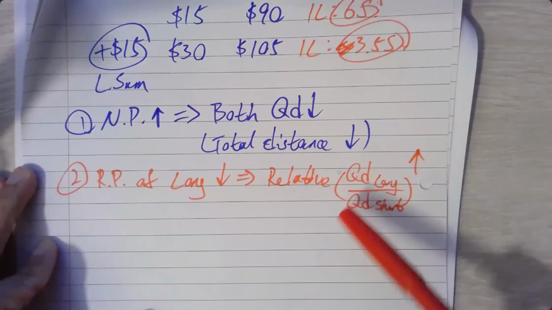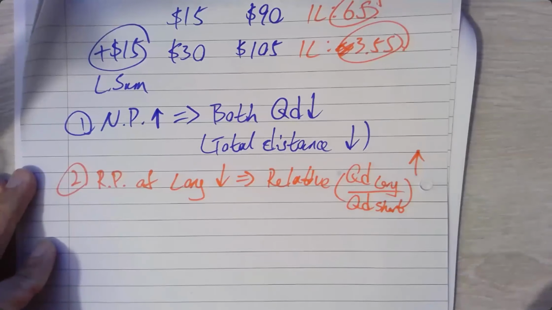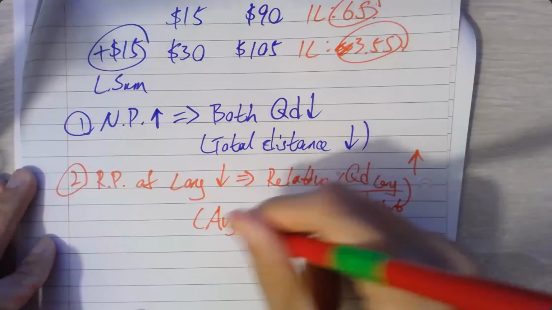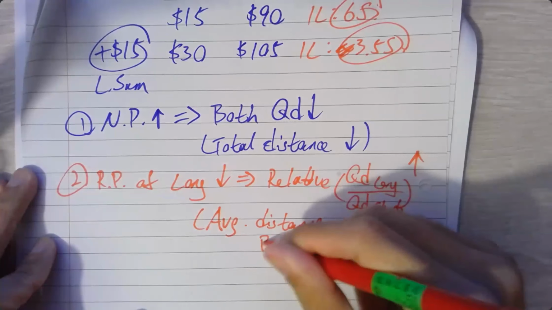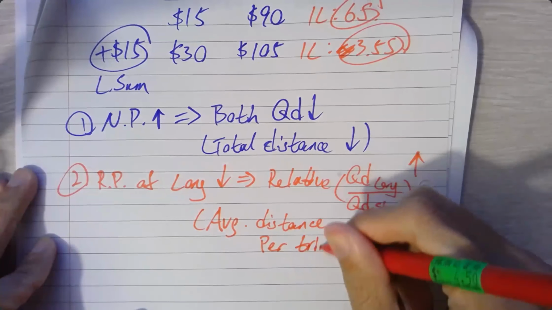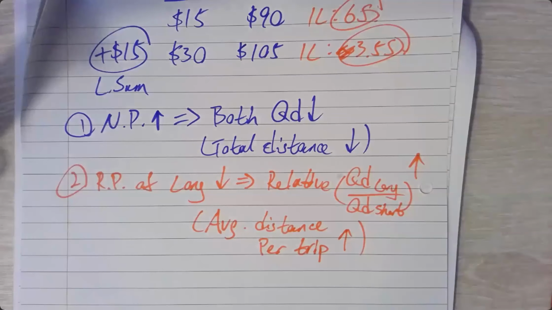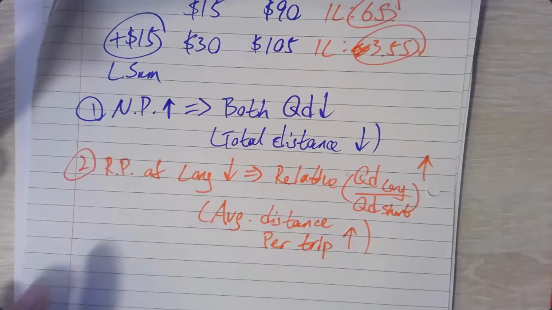Only that the relative ratio proportion，OK，係 proportion 高咗，即係咩意思啊？原來個 average distance per trip 每個 trip 嘅 distance 嘅平均啊，OK，will increase，OK，that would be by Elchian's